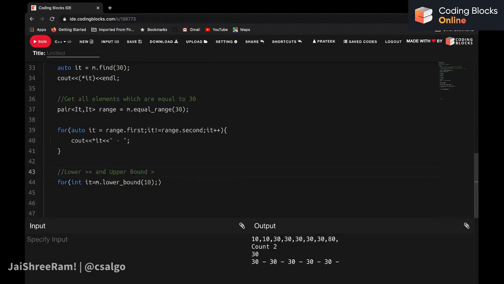Upper bound means greater than something. So upper bound of 77 would give me the first number that is greater than 77. Let's say that number is 80. So we will stop before 80, so we should get all numbers from 10 to 30. I do it plus plus, and if I do cout star of it,